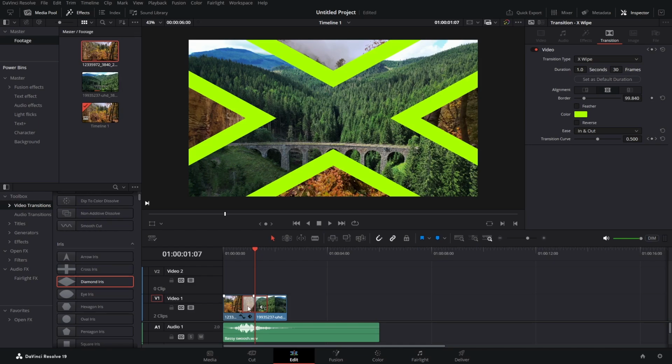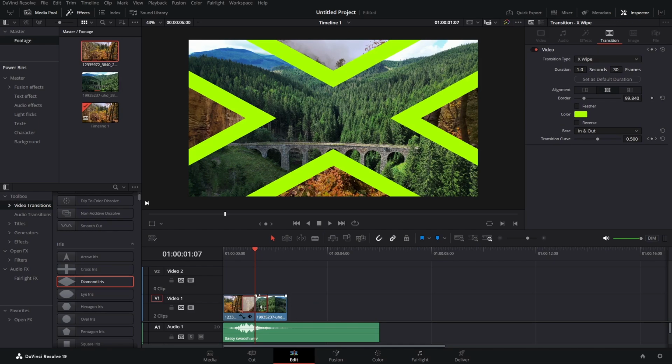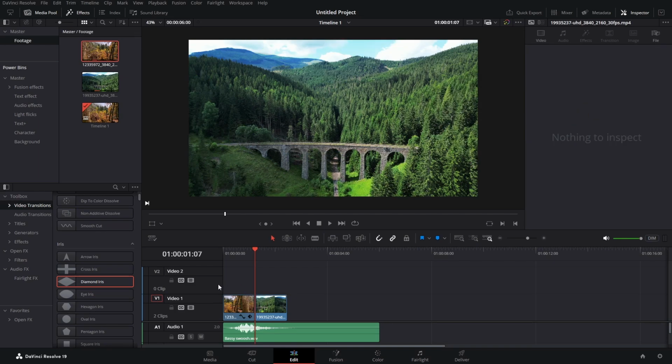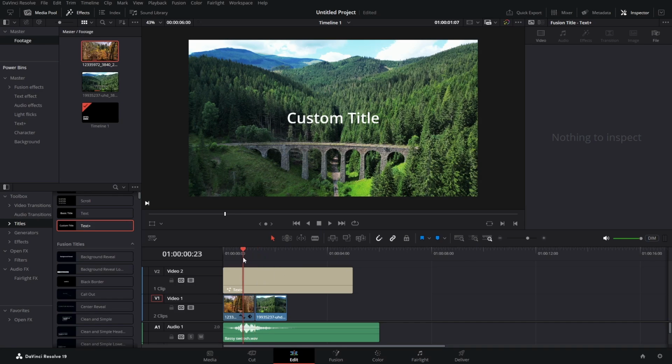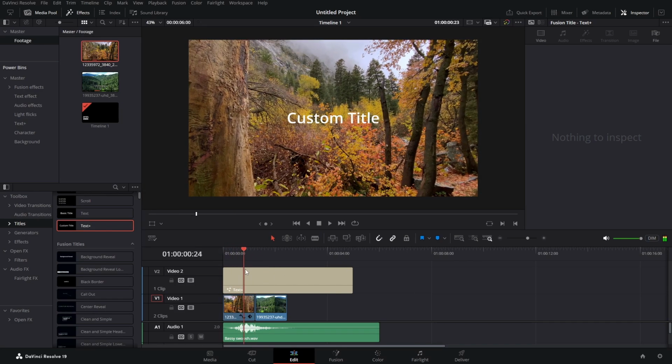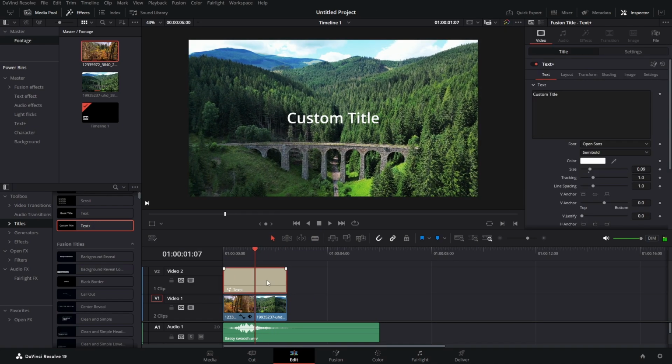Okay, when you select your transition like this, when it's red, you can delete it by just pressing backspace on your keyboard. Okay, let's see what else we have here. We have some titles. So if we add Text+, let's say, it will be on top of everyone, because it is one layer above everything. So let's get it right here. And let's say here,